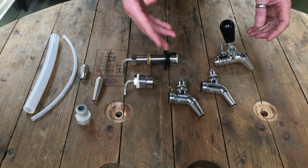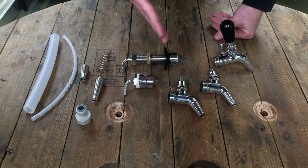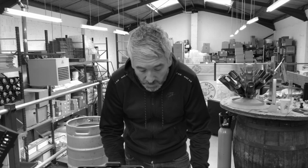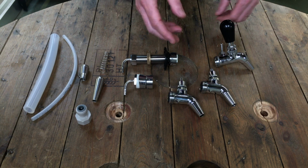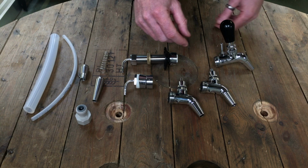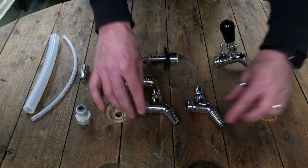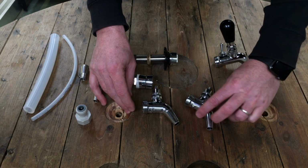Okay, so here we've got various different options of taps to make a kegerator or a keezer or bar. It just depends on what application you're going to use. We'll talk about the actual body of the taps first. So these two here look very, very similar. The only difference is that one is